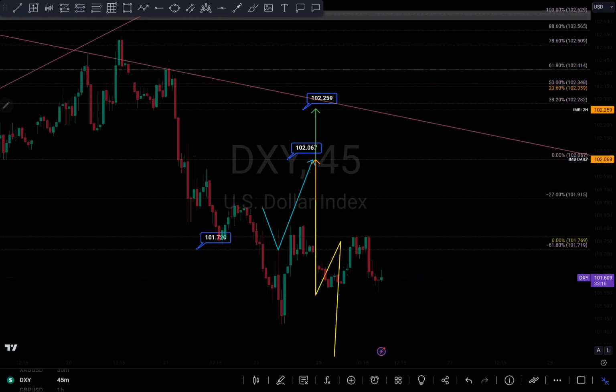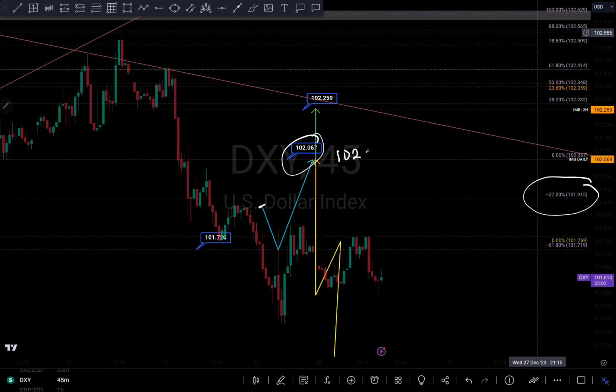The last time I analyzed DXY, I think we were around this area right here, and I said because we hit my negative 27% fib level, and that is a reversal level, so there's a possibility for us to push up a little bit to either 102.2067 before we continue to tank to the downside, because overall based on the bigger time frame we are on a down move, or we might push up a little bit more to around my 38.2% fib level, which is